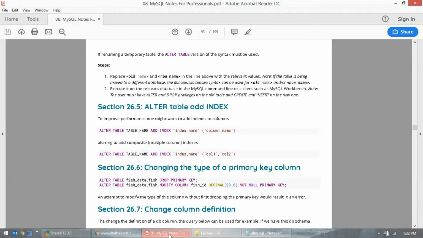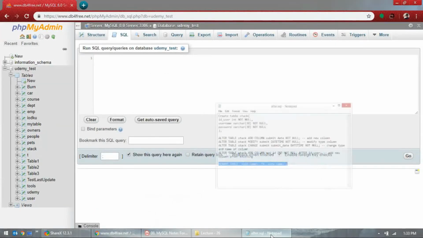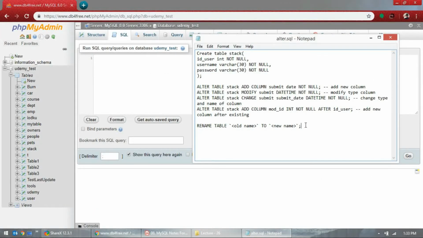Okay. So here, with index and column name. Index. You can create your own index. There are actually two types of index: clustered index and non-clustered index. But there is no information on that here.